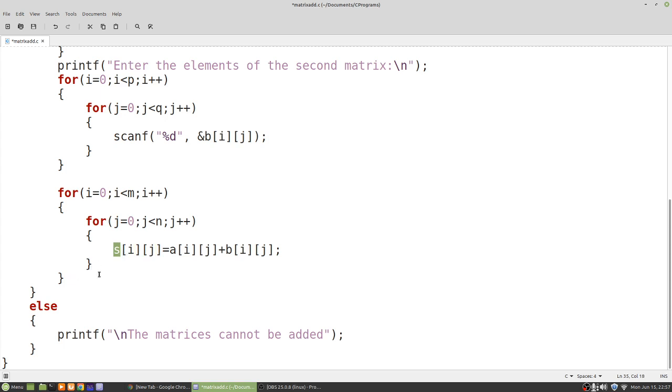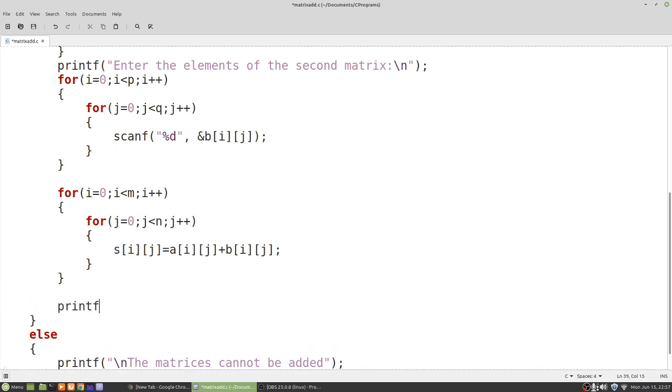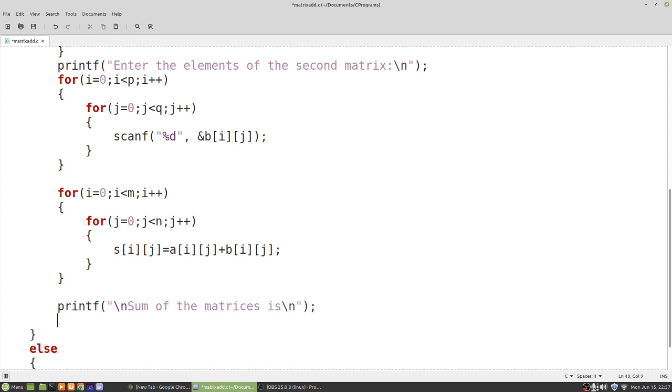And the last thing we need to do is to print the sum of this two-dimensional array matrix. So we will print "sum of the matrices is", and we need to display the answer in matrix form itself.